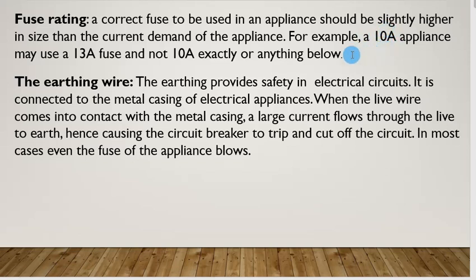If the fuse is lower, let's say our appliance is 10 amps, and then we use exactly a 10 amp fuse, what will be happening is that if there is any slight increase in current, the fuse will be blowing. So it means we have to be replacing the fuse many times. Okay, so it has to be slightly higher to accommodate that bit of increase in current. But that doesn't mean that we need to use an excessively big fuse, for example 15 amps, when the current demand is only 10 amps. It means that this fuse cannot stop an excessive current of 15 amps from flowing into an appliance and damaging it before it can actually break the circuit.